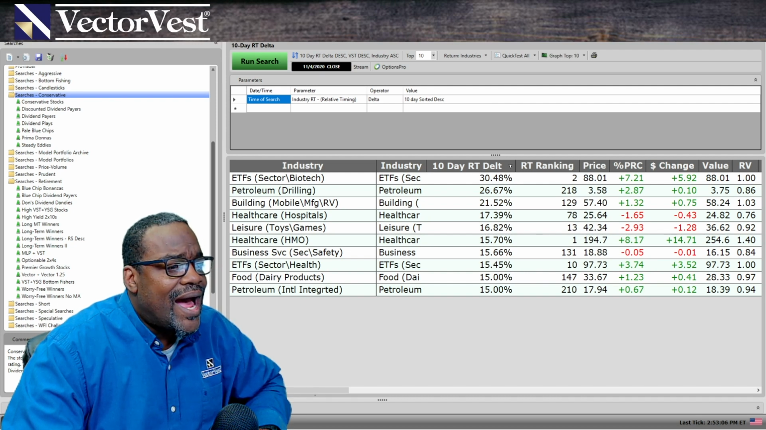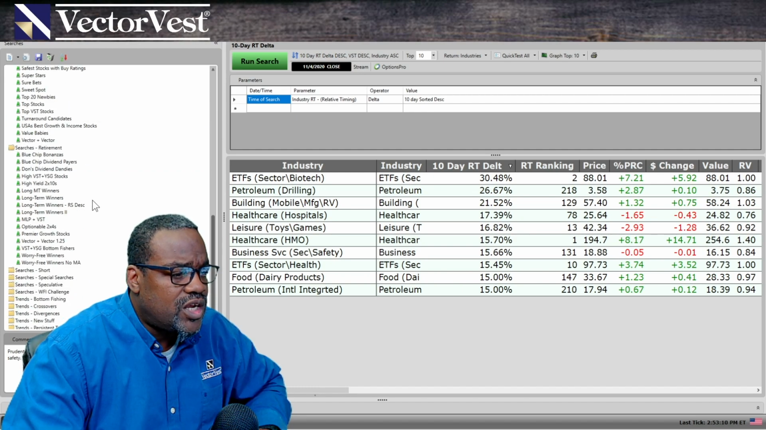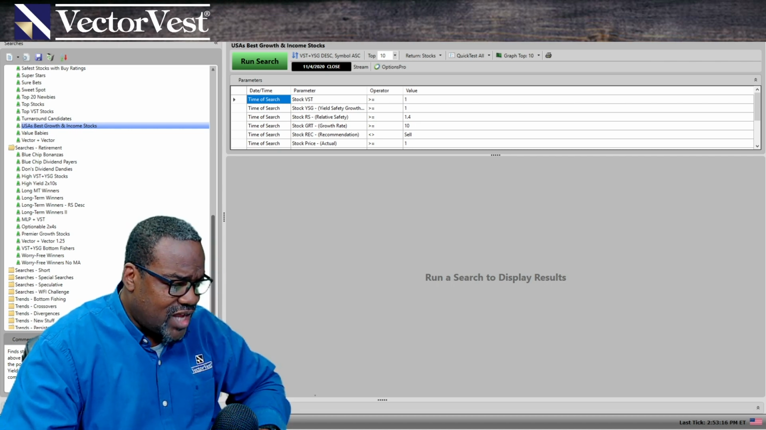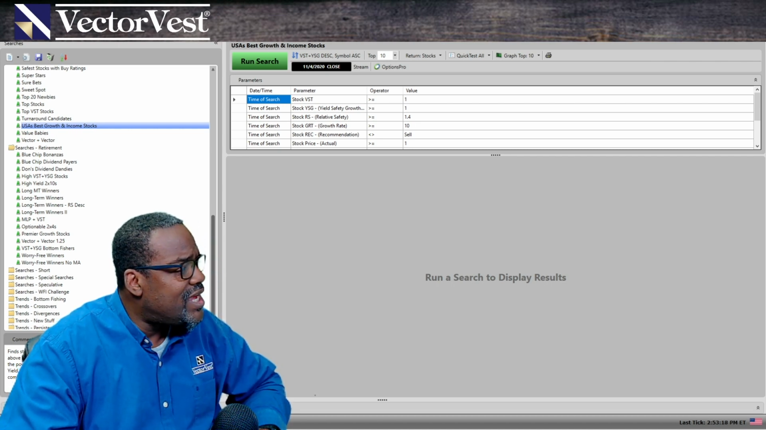All right, I'm going to go to searches prudent, and here's a search in here called USA's best growth and income stocks. Find stocks rated either a buy or